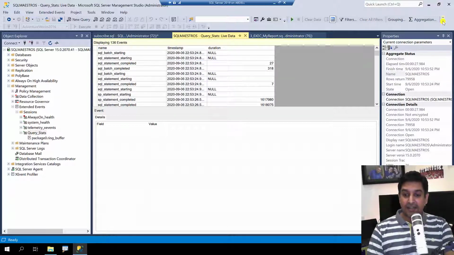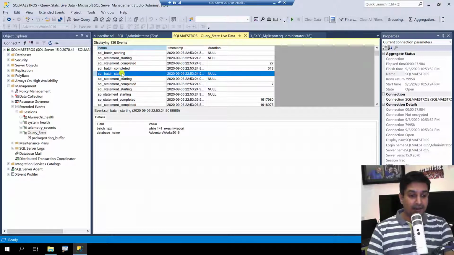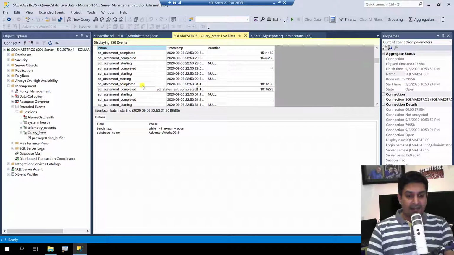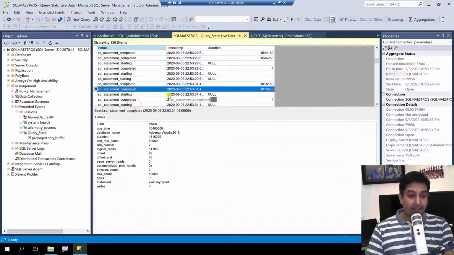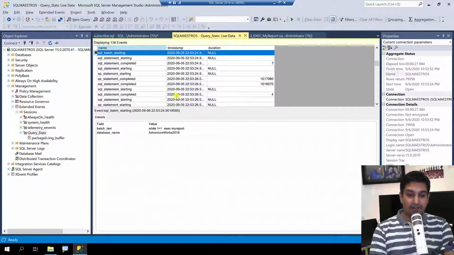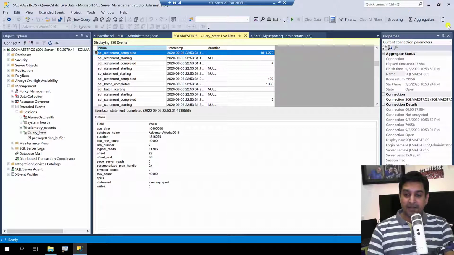Another cool thing here is the toggle bookmark feature. Let's say this particular event is of interest to me, so I can right click and toggle bookmark, and if I scroll down, let's say another event and some values are interesting to me, I can right click and toggle bookmark. Now I want to compare between two bookmarks, so here is the shortcut. I say Shift Alt and N for the next bookmark, P for the previous bookmark, and you can see now I am toggling between the two. So I'm pressing the key and comparing between the two values. Nice features. Let's say I clear all the bookmarks.